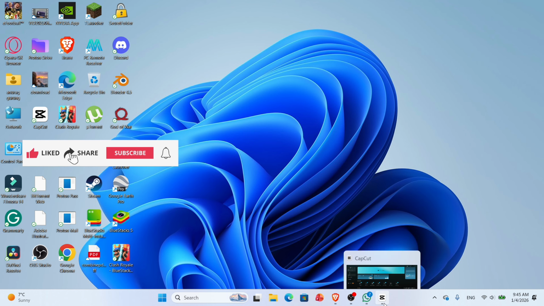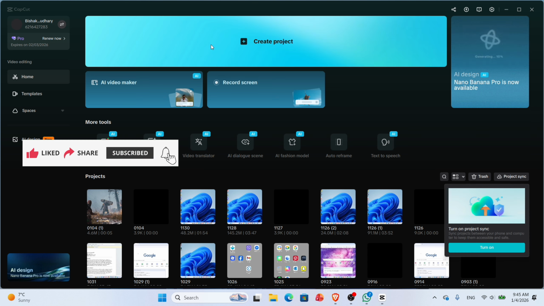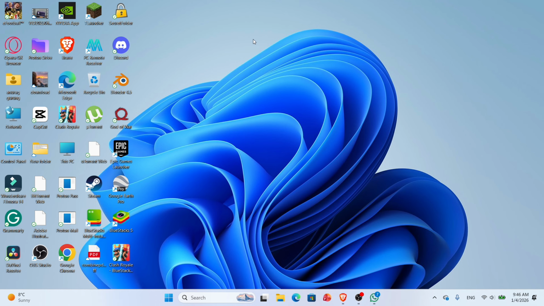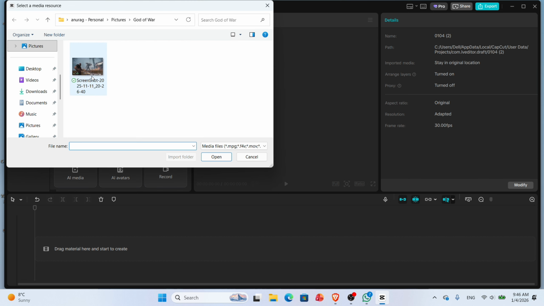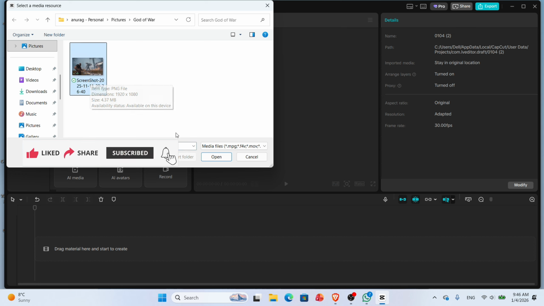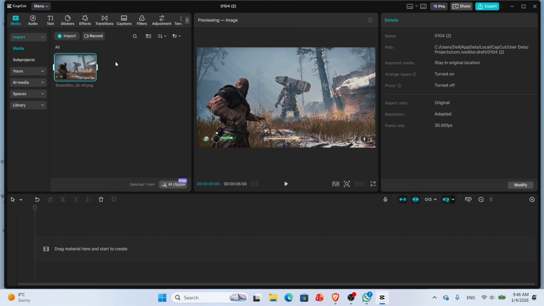So here, first things first, launch CapCut. And now here, once you're inside, you can simply click on the create project button. Once you see the interface like this, simply click on import, and after that you can simply import the video or the image clip that you want to add. Once you have selected it, just click on open, and once you do that, it will be